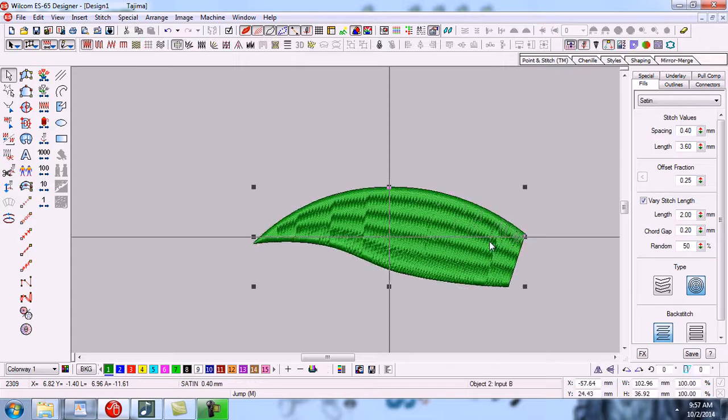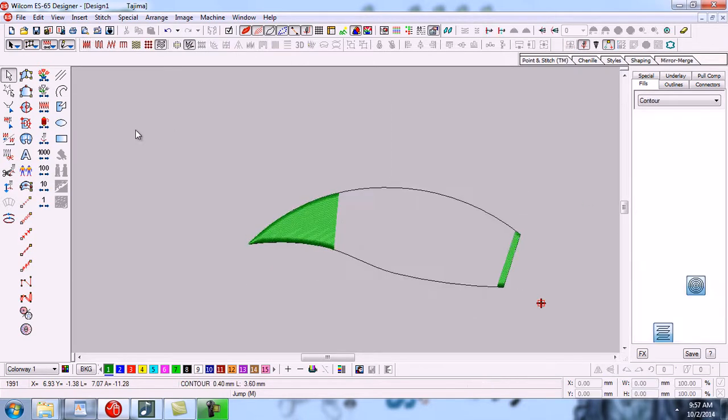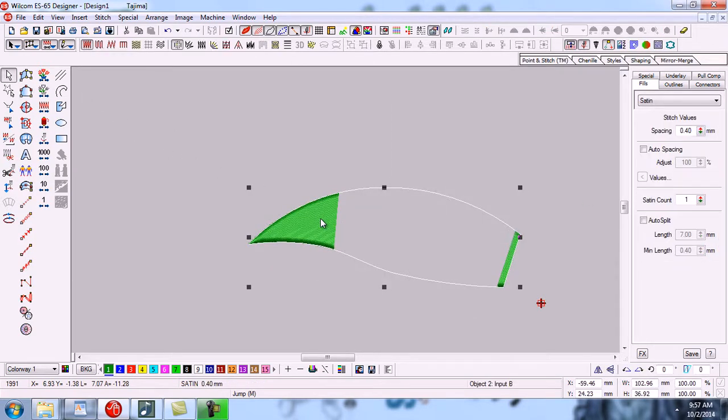For example, first of all, make your object with satin. Now we have a problem with satin because the object size is so large, it cannot be made with satin. So what we will do, we will select the object, and here in fill values we have an option of auto split.